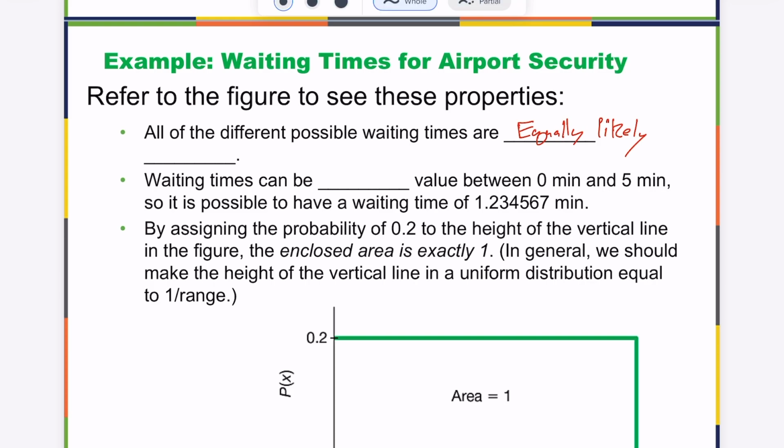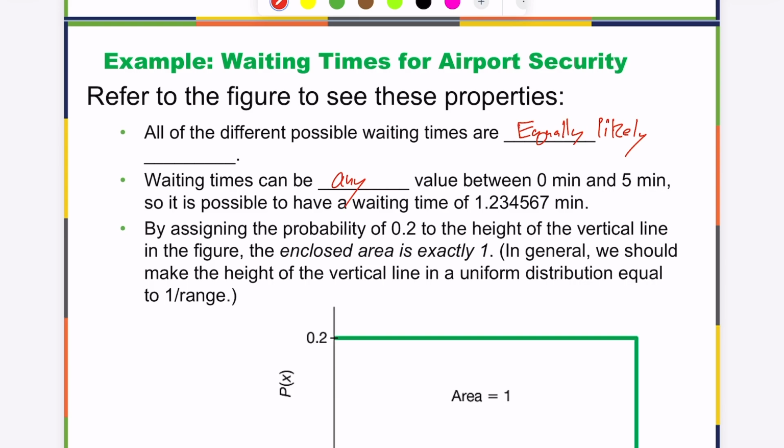And so it is just as likely that somebody will wait no time at all, 0 seconds, as it is that somebody will have to wait 4 seconds or 2 seconds. It's just equally likely. It all sort of comes out in the wash as being the same. Okay, waiting times can be any value between 0 and 5 minutes. So it is possible to have a waiting time of